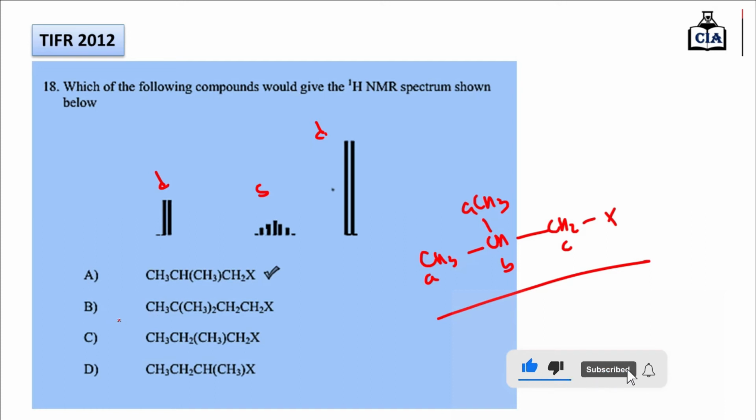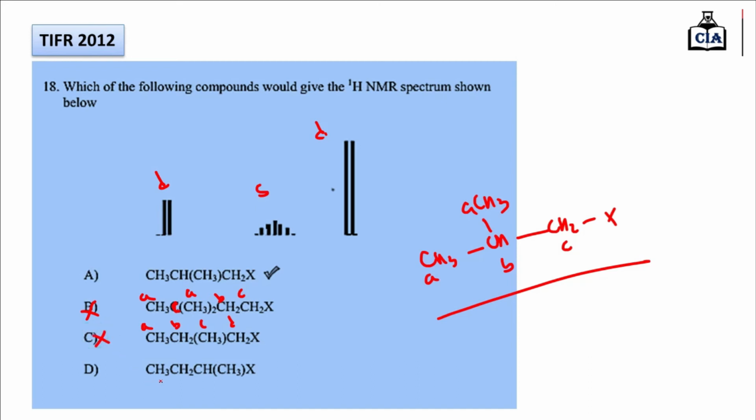If you look at this structure B, then there are total all these 3 A types of proton, this CH3 group, because this carbon atom is attached to these 3 CH3 groups which are equivalent. So all these CH3 protons are equivalent. Then this is B type and this is the C type. Okay, but for this 9 hydrogen atom, there is no hydrogen atom on this adjacent carbon atom, so this 9H will give a singlet, and in our option there is no singlet, so B is the incorrect option. If you look at option number C, there are total A, B, C and D, so total 4 types of signal, but our options have only 3 types of signal, so C is also incorrect.